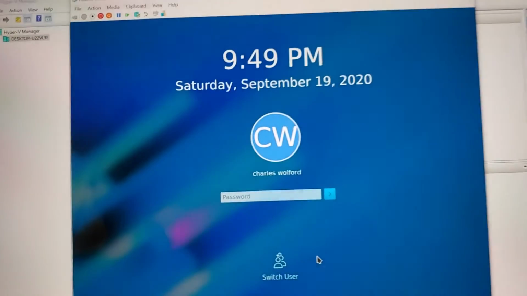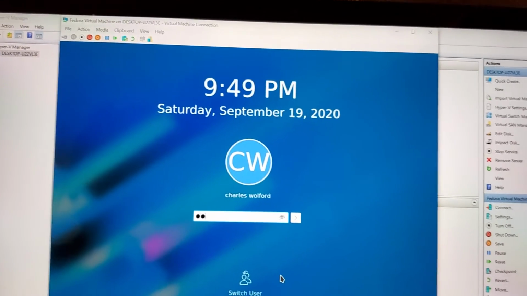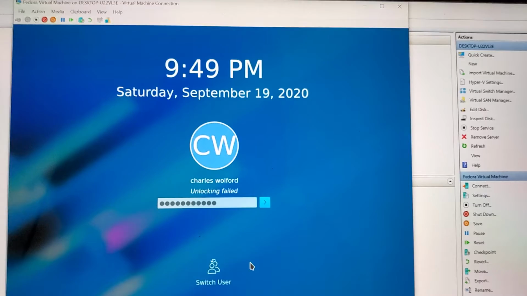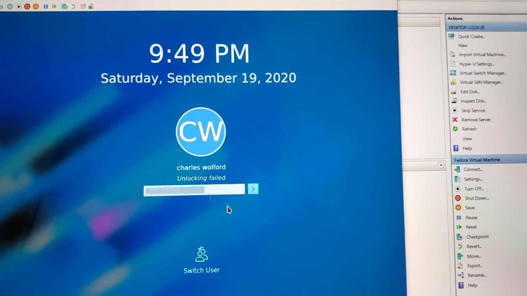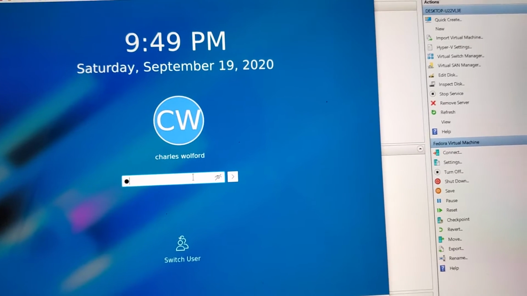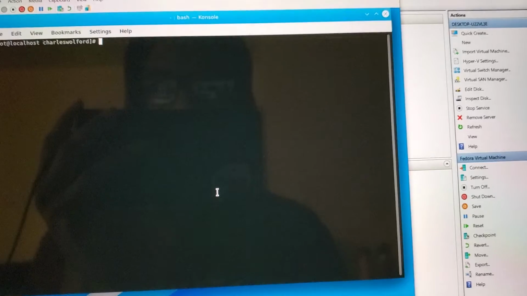Okay. I'm going to go ahead and log in using my credentials. Looks like that password didn't work. Okay, so